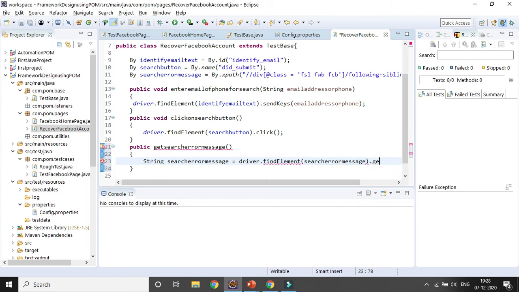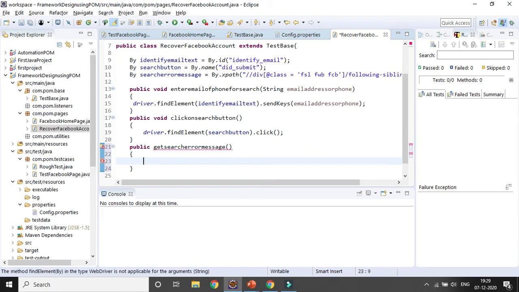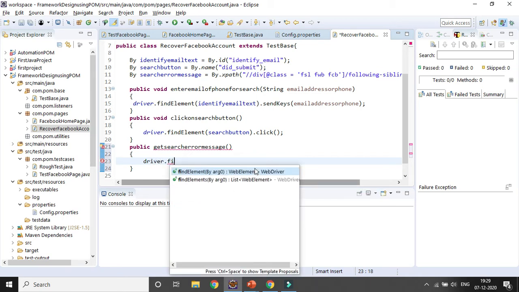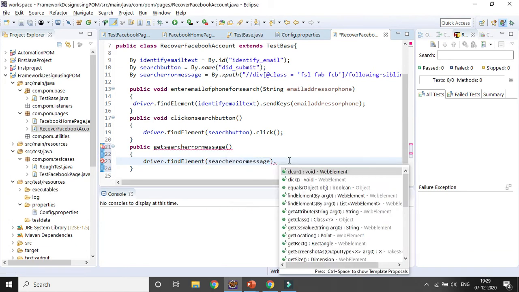Then I will get the text. What is the problem? If I press dot, nothing is coming. Let's remove it. So I will identify driver dot find element, then this element name dot get text.